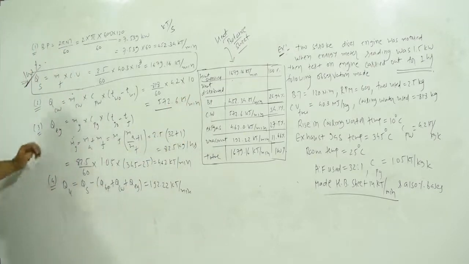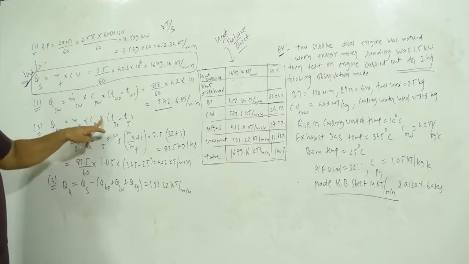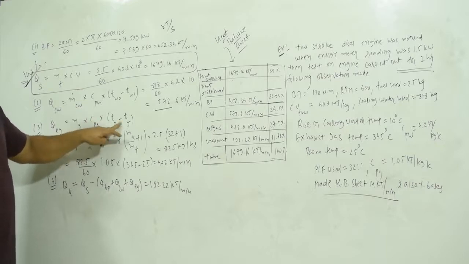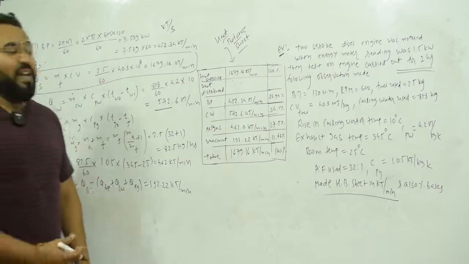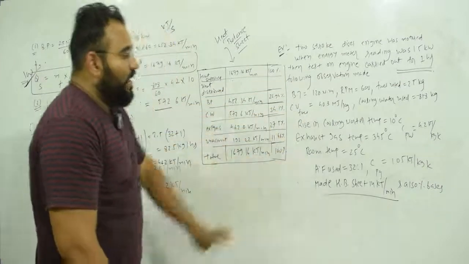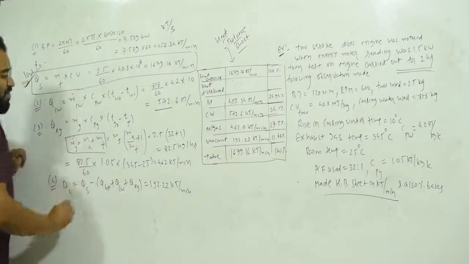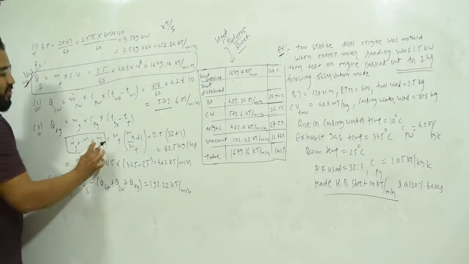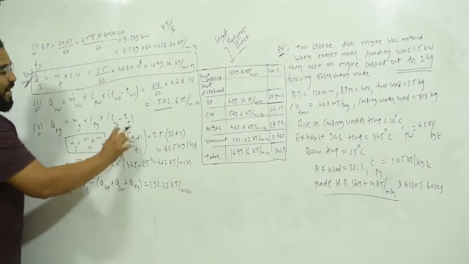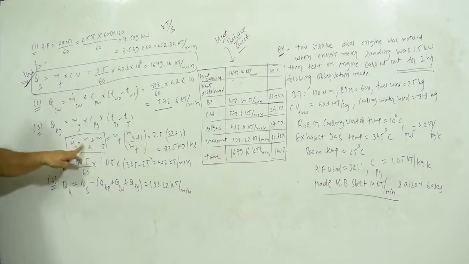Okay, now the third thing, which is exhaust gases. Heat lost in exhaust gases will be mass flow rate of gas times specific heat of gas times exhaust gas temperature minus ambient temperature. Now the mass of exhaust gas that we require is not in the data. You can find it this way: mass of exhaust gas is equal to mass of air plus mass of fuel. So can I write mass of fuel times bracket mass of air upon mass of fuel plus 1? What I have done is taken mass of fuel common, so mass of fuel out.